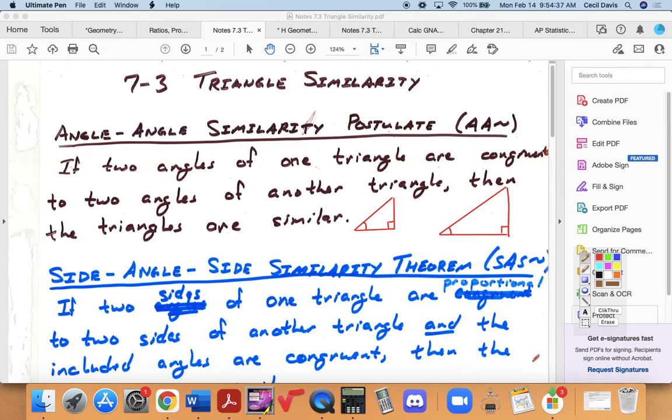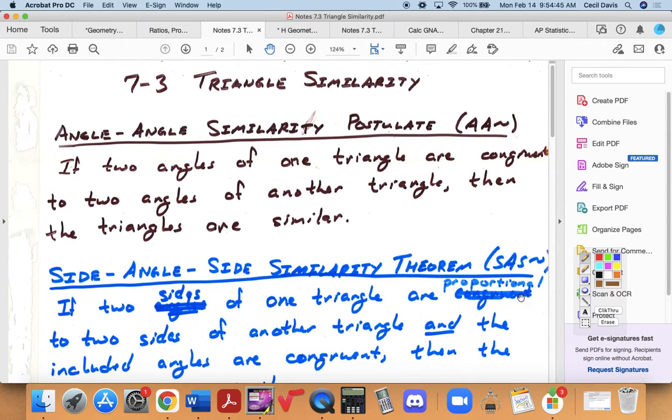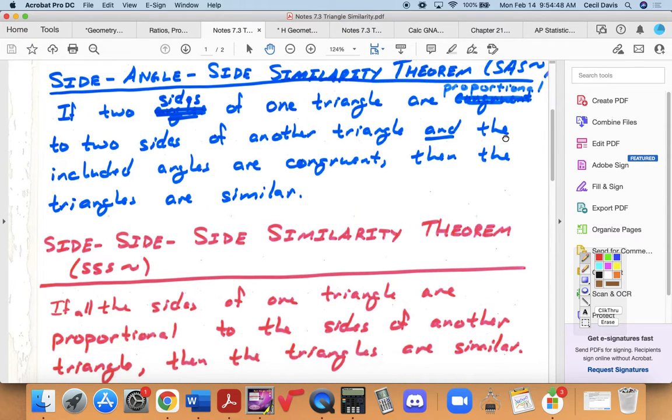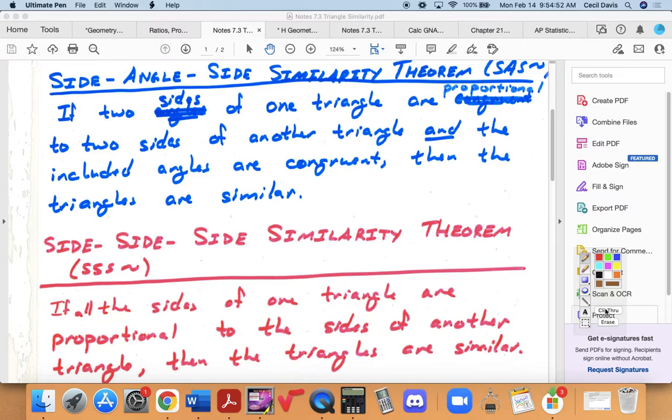This says if two sides of one triangle are proportional to two sides of another triangle and the included angles are congruent, then the triangles are similar. So as an example,